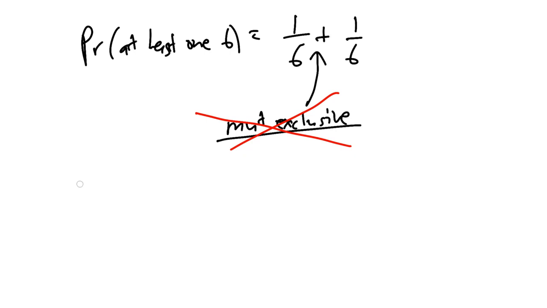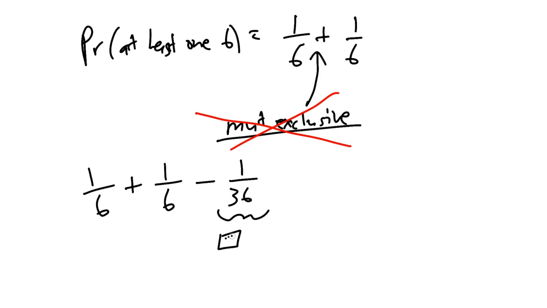We're going to have to say, what's the probability of getting at least one 6? Well, the probability is going to be 1/6, that's the probability of getting a 6 on the first die, plus 1/6, that's the probability of getting a 6 on the second die, minus 1/36, because that is the probability of getting double sixes. And if I roll double sixes, then that means my outcome was in both events. It was in that one and in that one. And the reason I got the wrong answer before was I was double counting that. I was basically saying a double 6 counts as getting at least one 6. Oh, but it also counts as getting at least one 6 again. And that's what gave me erroneously 1/6 plus 1/6 as my answer.